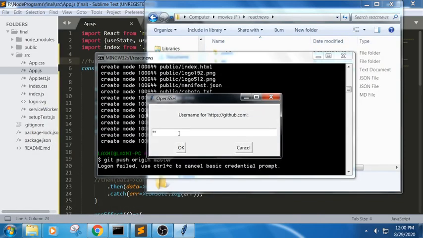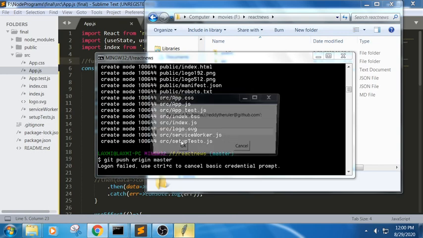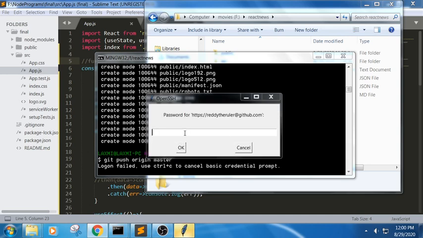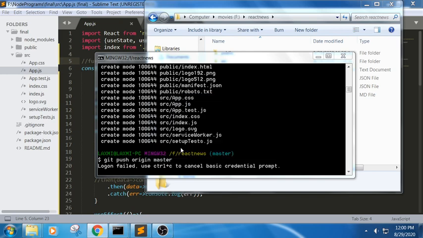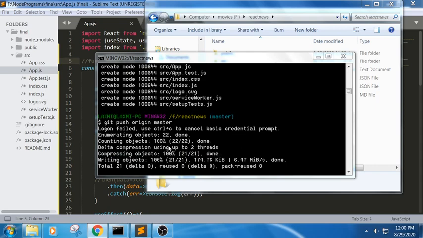Username is... okay, and the password is... yes, I got it.